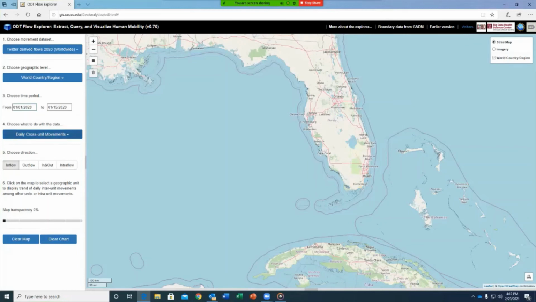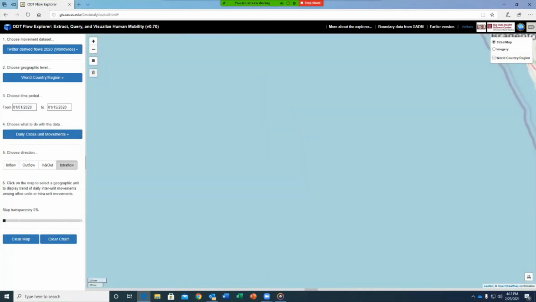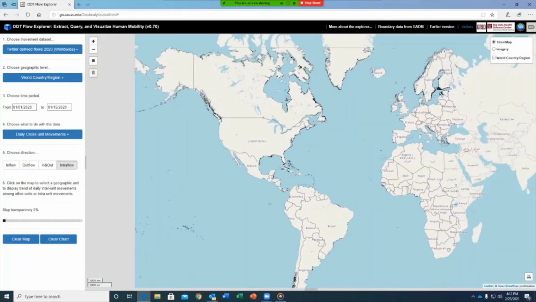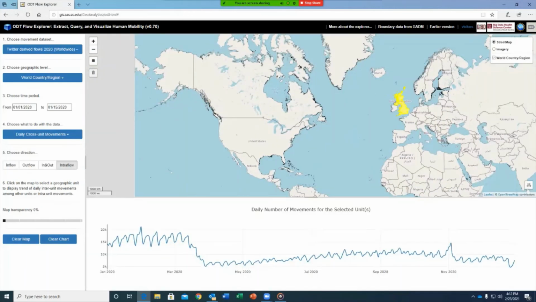So I've chosen daily cross unit movements as my option, selected the intraflow as my direction, and now I'm just going to go and select England. So here you can see travel within England